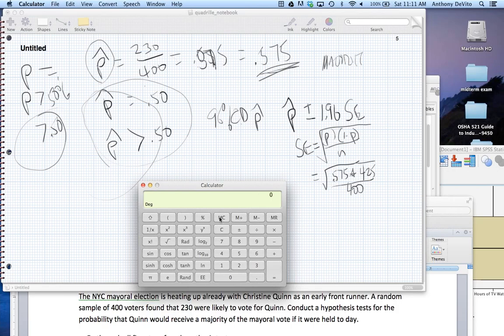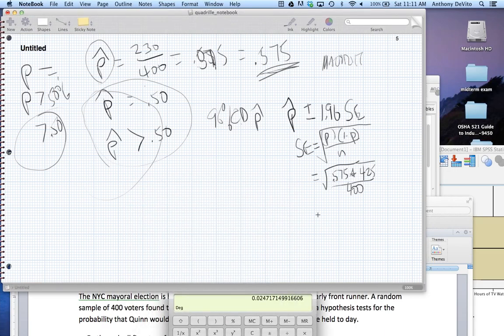Let's see if I can get it right this time, the first time. 0.575 times 0.425 equals this, divided by 400 equals this. And I'm going to take the square root of that. So it's 0.0247. So our standard error is